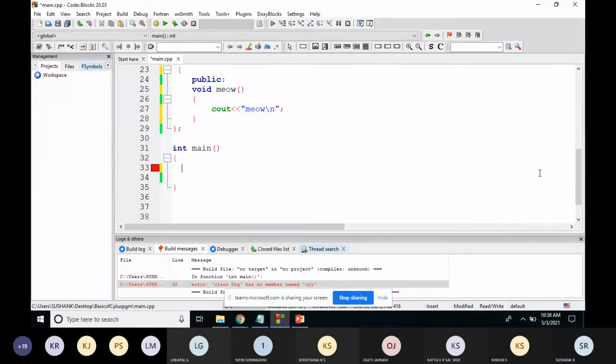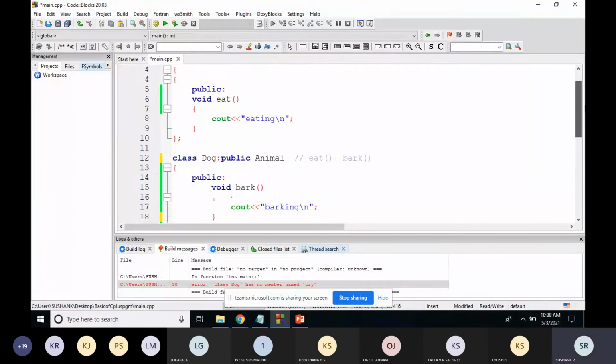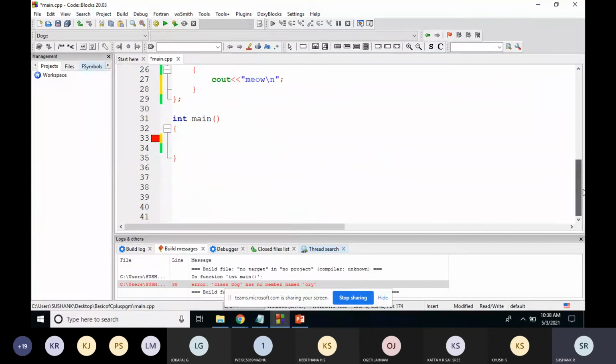First we'll create a dog object. Using the dog object, you can access the eat function and the bark function. So I'll create a dog object: class name, space, the object name. I'll just build this.